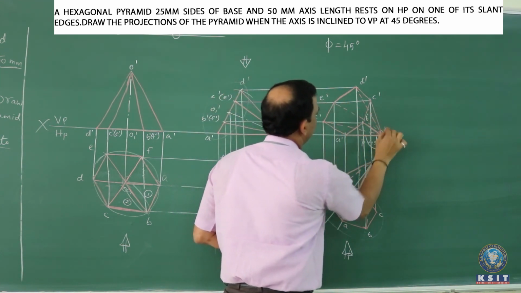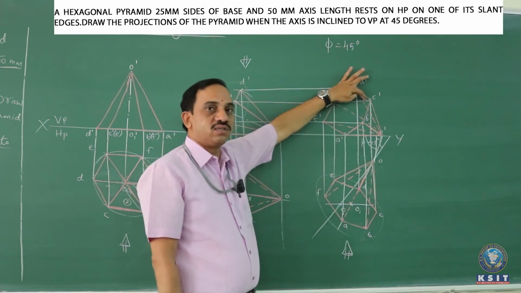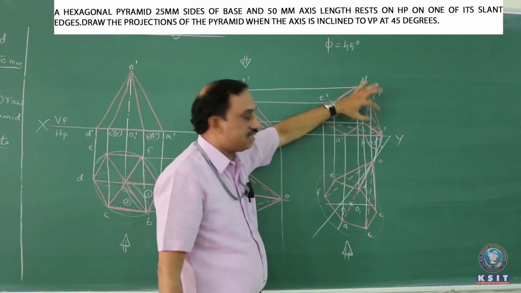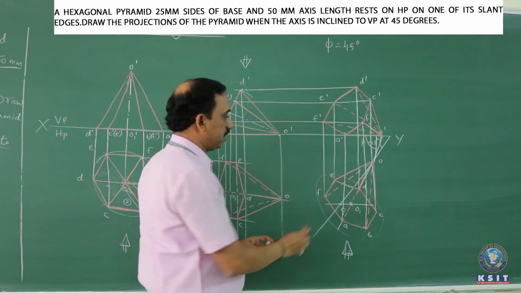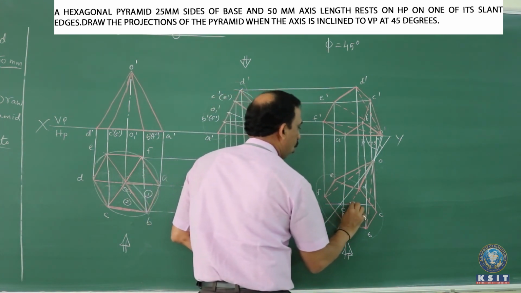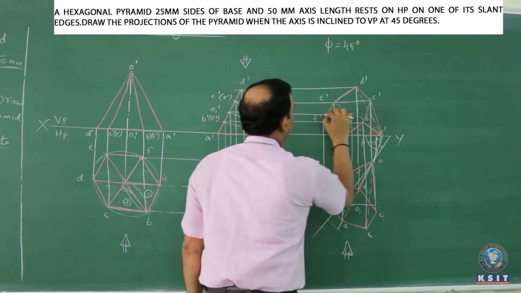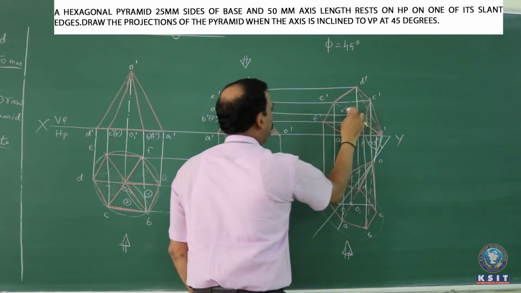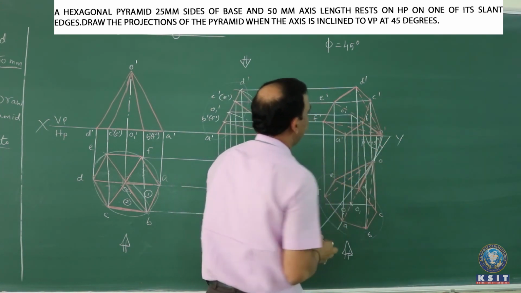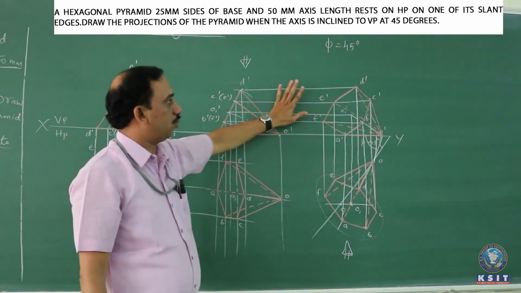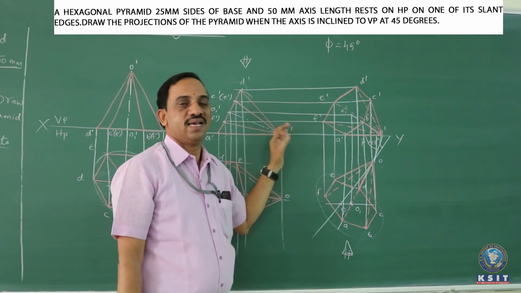So by doing this, we get 1, 2, 3, 4 triangles to be invisible. 2 triangles are visible out of 6 triangles. That completes all the faces. Now take the projections from O1. You get O1 dash. Join O1 dash to O dash as a chain line. So that completes exactly the problem. So this is the final front view concerned to the slant edge related to the hexagonal pyramid.